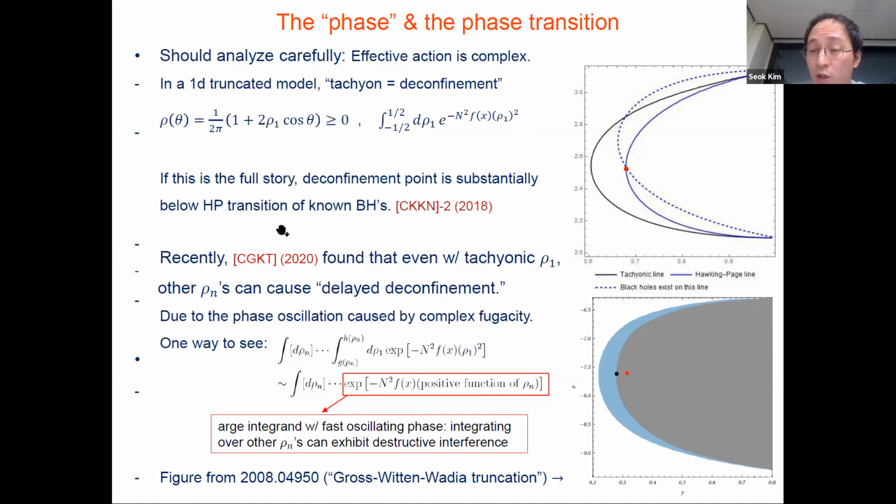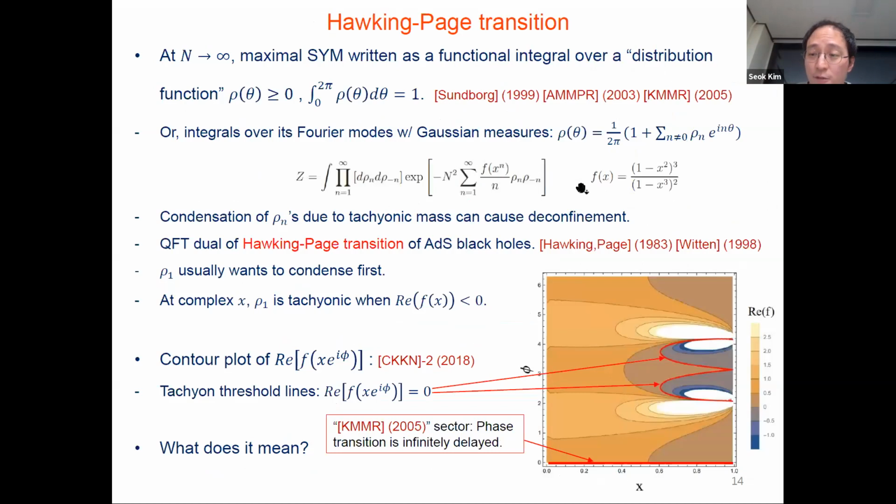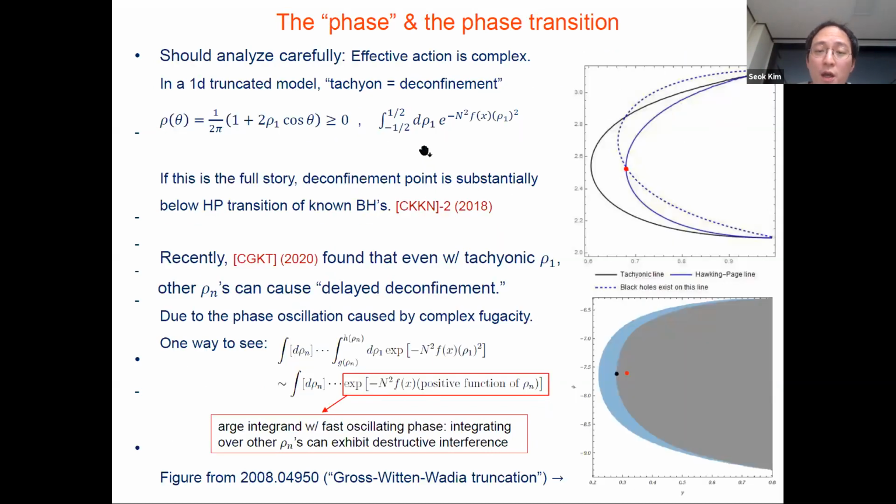quick conclusion. They have found, now I'm reinterpreting what they did completely in my language. Essentially, I'm borrowing their idea, but I'm phrasing it in my own preferred language. Essentially, what is going wrong is that a one-dimensional model's deconfinement is different from a multidimensional integral's deconfinement. Okay? Suppose that you integrate things one by one. If the rho 1 integral is all, and if rho 1 condenses if f becomes negative in the real part, that's it. You're going to have a macroscopically